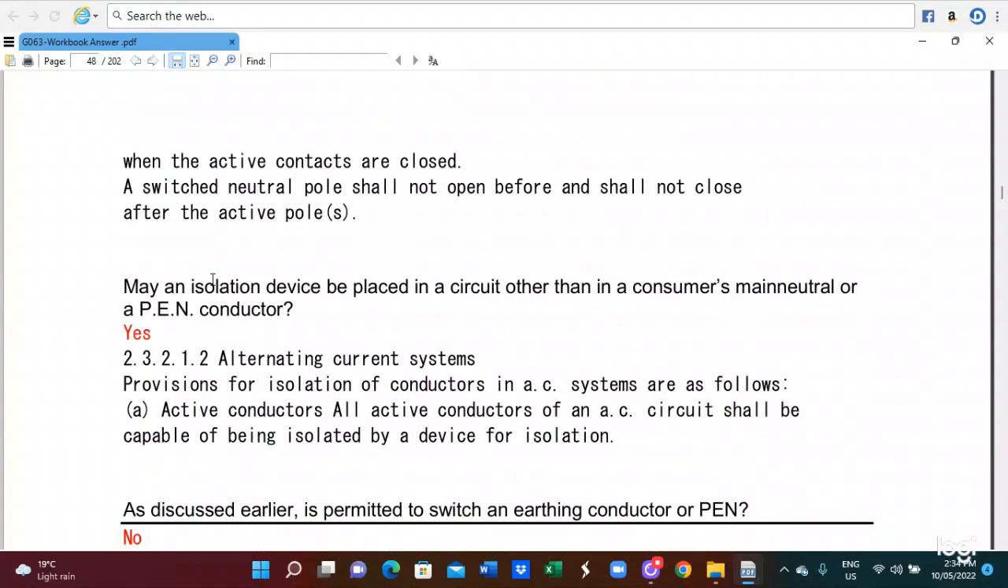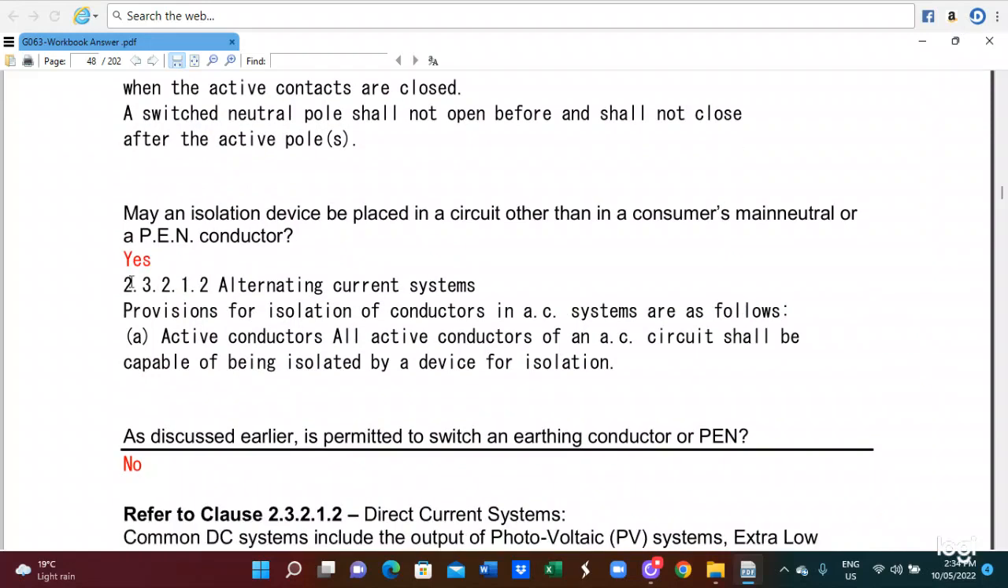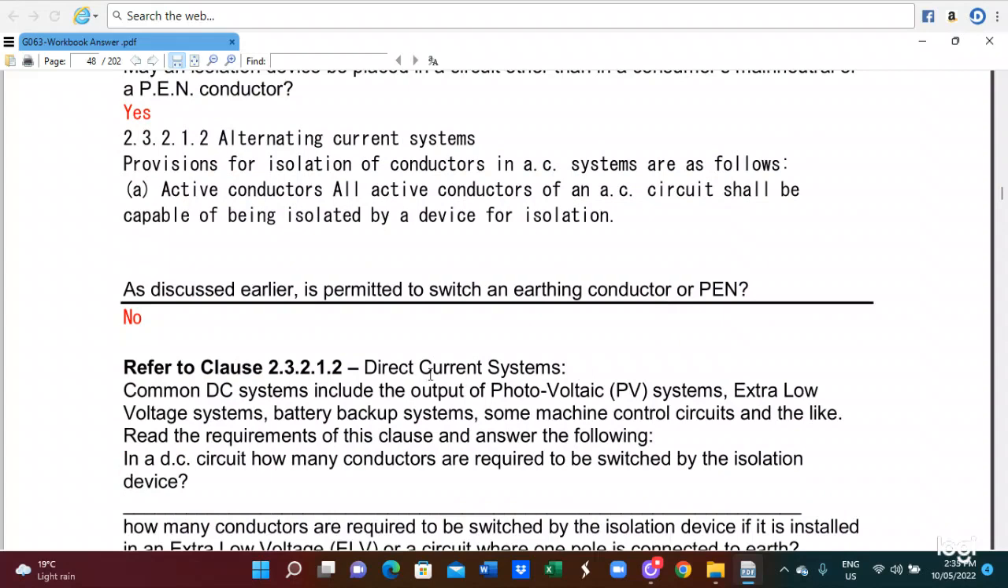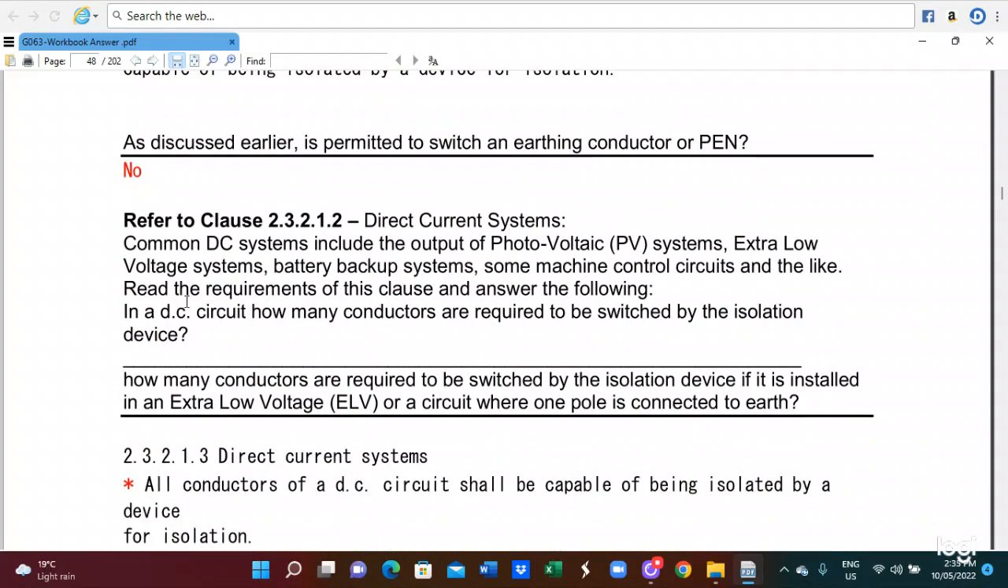May an isolation device be placed in a circuit other than the consumer neutral, main neutral or PM conductor? The answer is yes, because we follow 2.3.2.1.2 on the alternating current system. This means the provision of isolation in AC systems is as follows: every active conductor of the AC circuit shall be capable of being isolated by a device for isolation. Is disconnection of the neutral conductor permitted? The answer is no, because of the clause